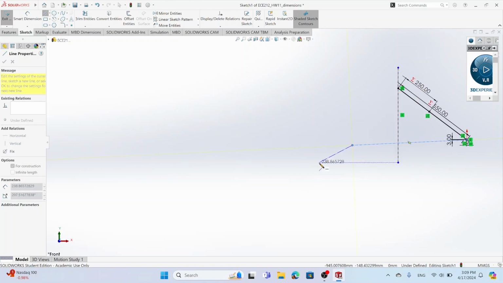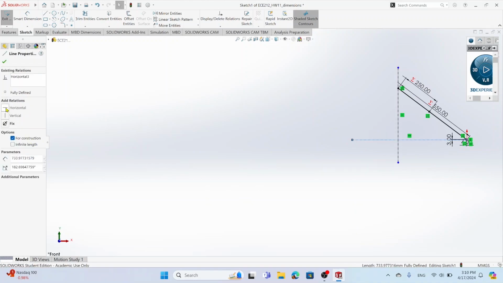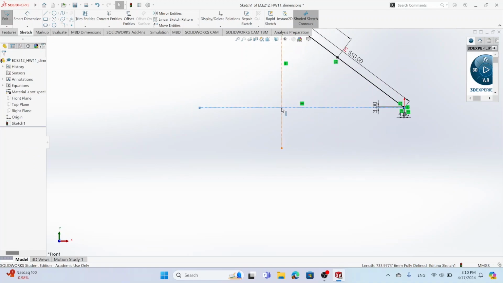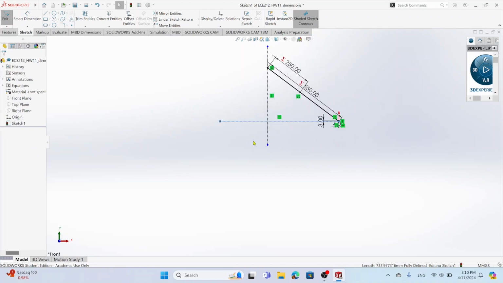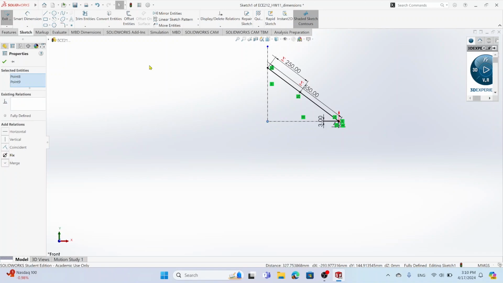Okay, let me put it there. Escape, and let me select it and say it's a horizontal line. Here we go. This point there, that's your IC. So we can maybe put our 2 points together. I click on Control, select both of them, and say merge. And here we go. So this point is my IC,